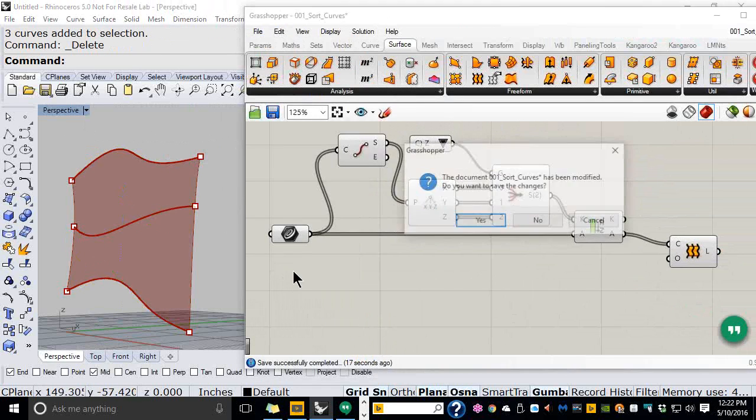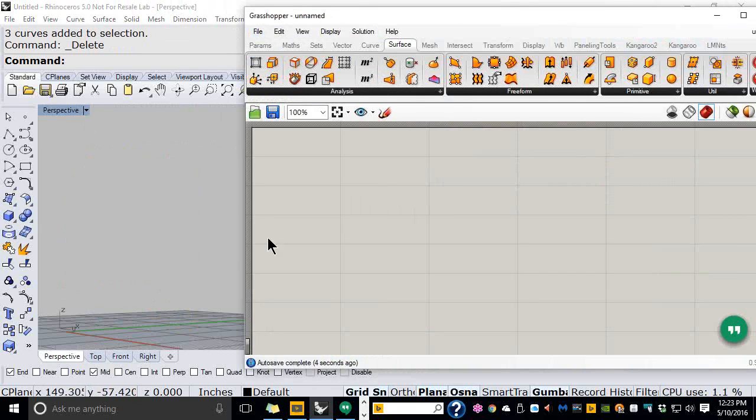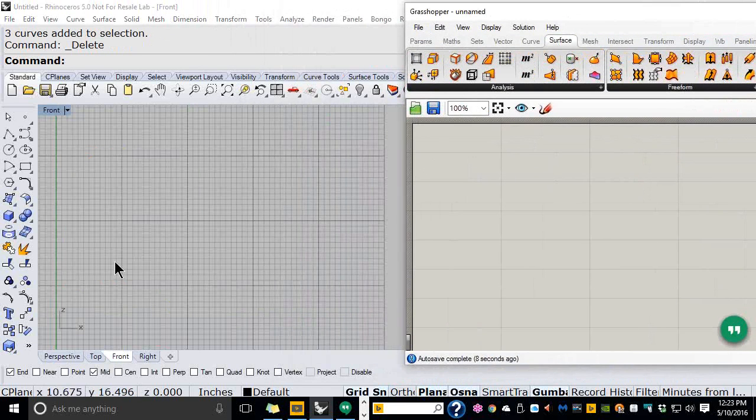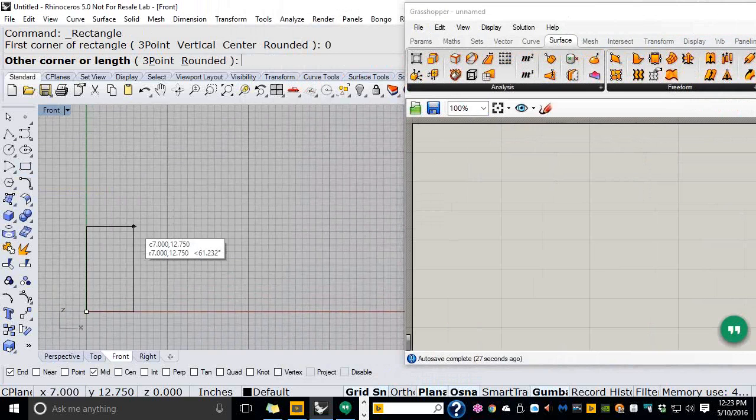So I'm going to close, start a brand new definition, go back to the front, and in the front, I am going to draw a rectangle. Rectangle, the first corner at 0. Enter. The second corner,